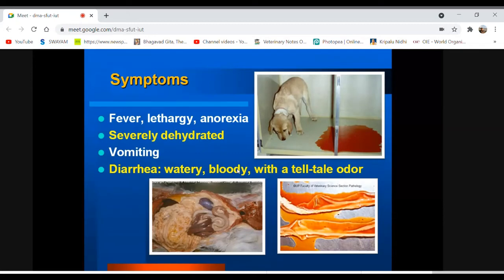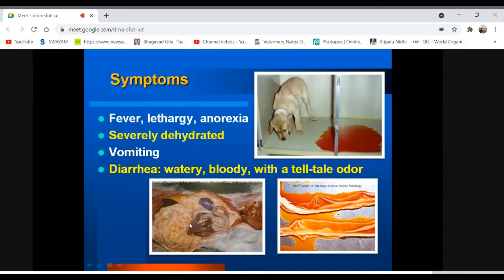Okay, and there is very severe hemorrhage, bloody diarrhea, and bloody vomiting if it is severe. And if it is not severe, of course, severe vomiting and watery diarrhea may be there. If severe, then blood also will be there. Okay, that is indicating. And as I'm showing here, see here on the floor, the watery diarrhea and bloody